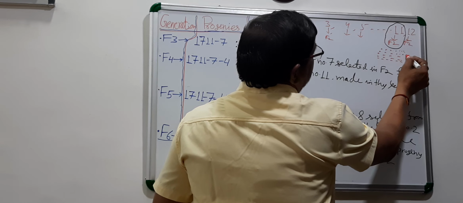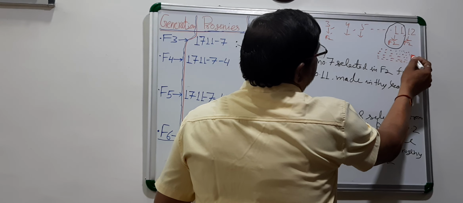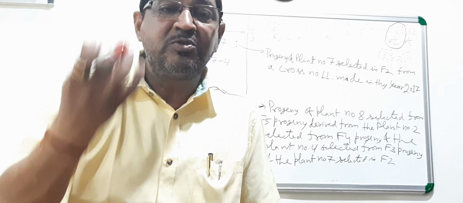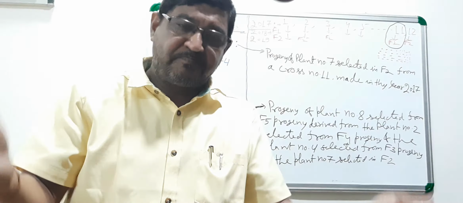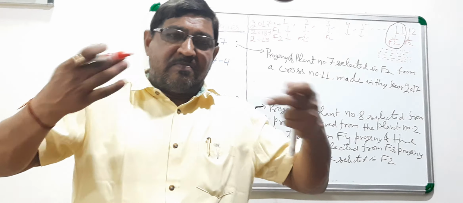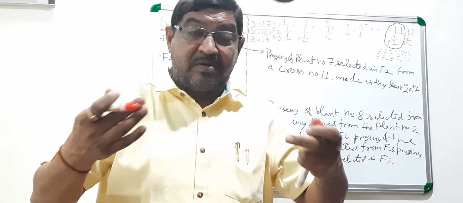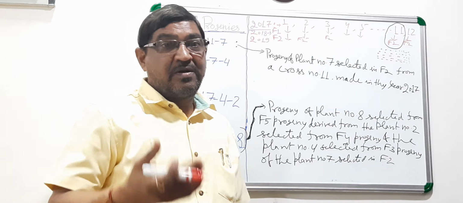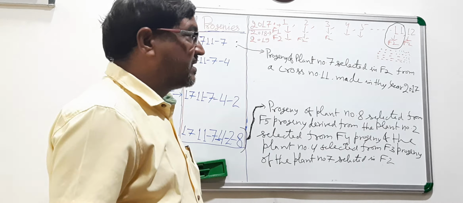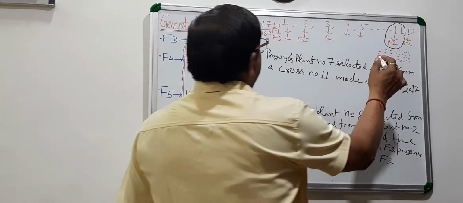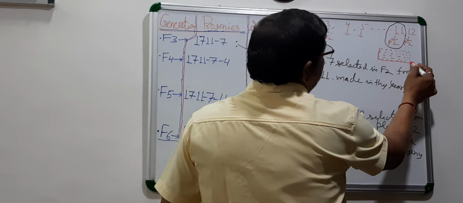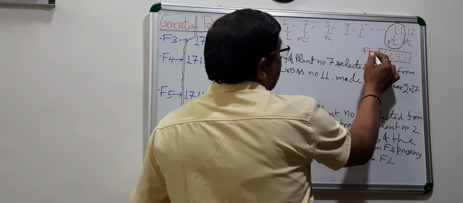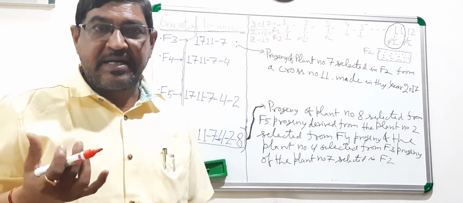As I said, maybe 10,000 plants, 5,000 plants, 3,000 plants, 2,000 plants, whatever possibilities you are having. The more plants, the more chance of getting transgressive segregants as per your objective. So this is the idea. In 2019, you have grown this in your research plot. This is F2. Now in F2 you are getting segregants.